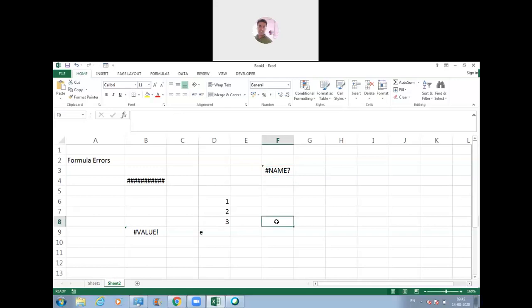Can anyone tell me what will be the result if I divide 0 by 3? It will be 0. If I divide 0 by 23, what is the result I'm going to get? 0.